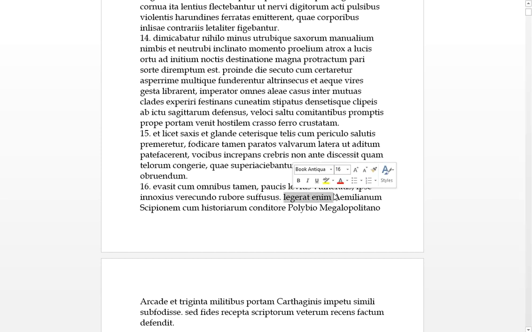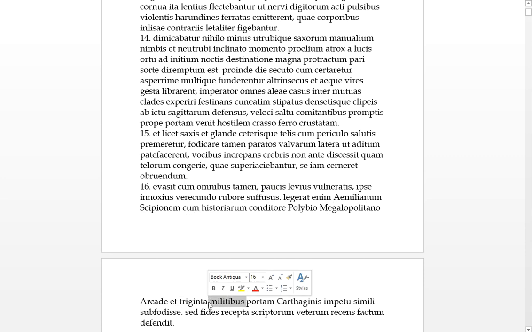Ligerat enem, for he had read Aemilium Scipionem, Scipio Aemilius, with a Histarium conditor, so this cum takes the ablative, with a conditor, looks like a founder of history or a writer of history. Polybio, Megalopolina, that sounds very Greek, in Arcadia. So here's this guy, Polybius, went with Aemilius, Scipio Aemilius, and Trigento, which means 30, Militibus. So he's got one guy with his historian and 30 militibuses, with 30 soldiers.